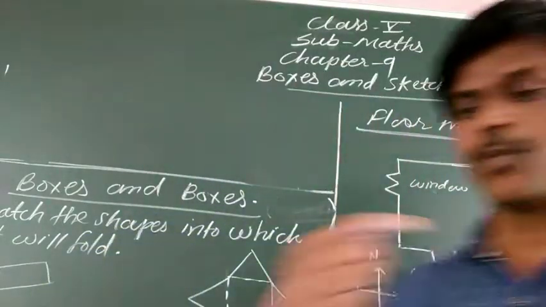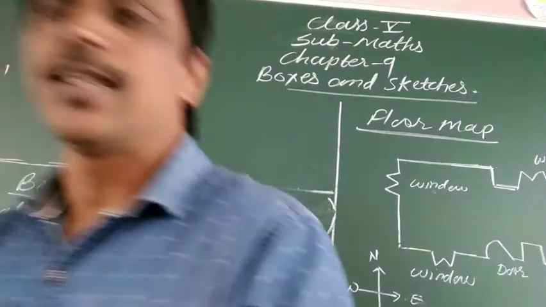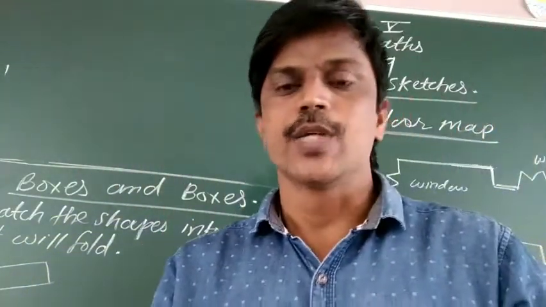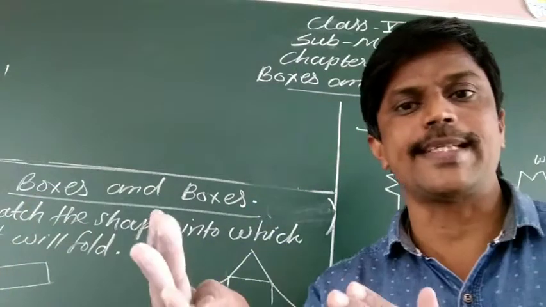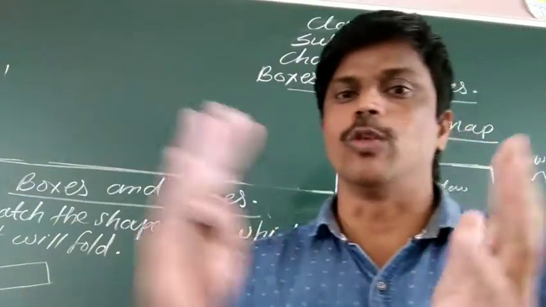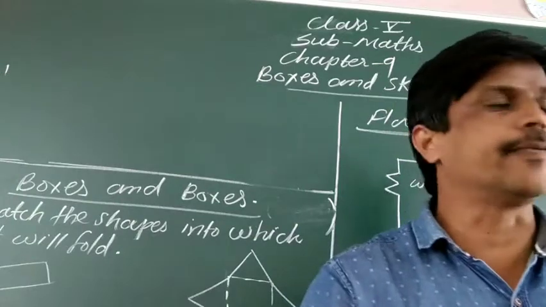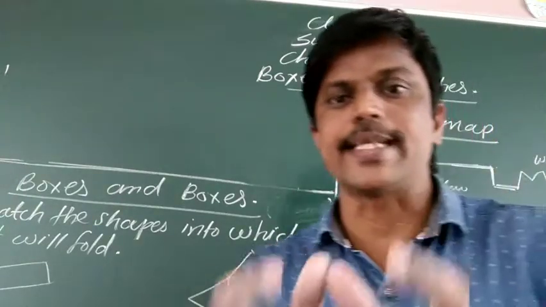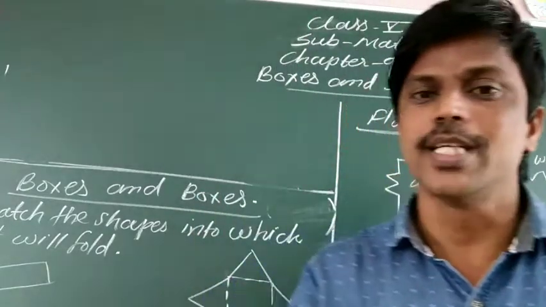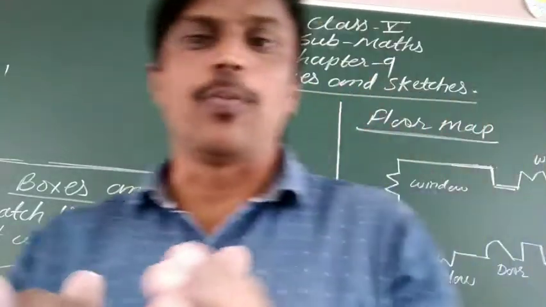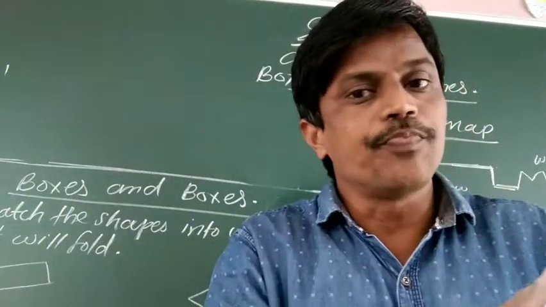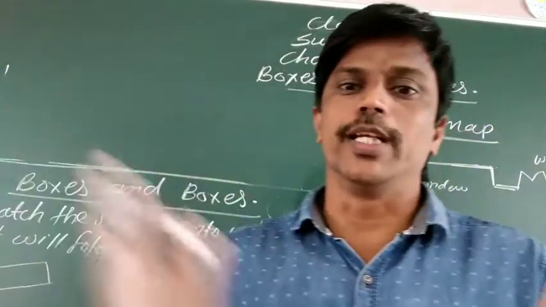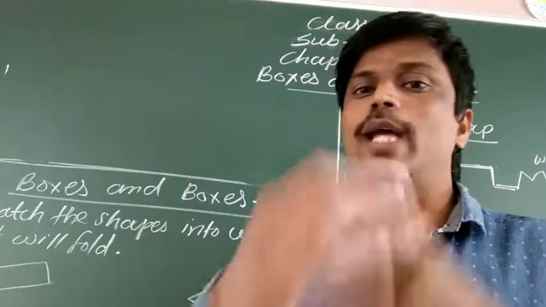After that we discussed page number 123, an open box, meaning a box with 5 faces. So obviously the cutout of such a box will have only 5 faces. We discussed some cutout with 5 faces and tried to fold them into an open box. Some of the cutout were folding into an open box, and some of the 5 faces cutout were not folding into an open box.